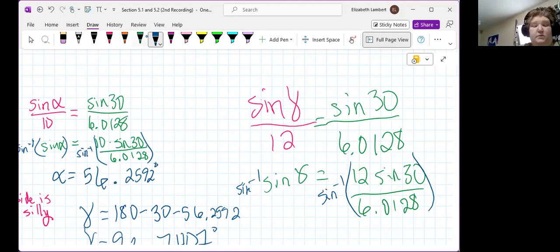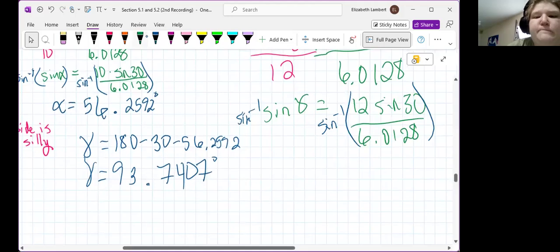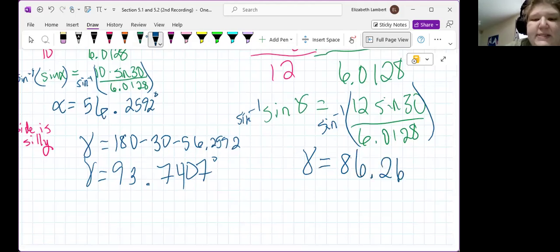So sine inverse of 12 times the sine of 30, divided by 6.0128. This calculation told us that gamma was 86.26. All right. So if I used this and my 180 and my 30 degrees, I would get alpha as